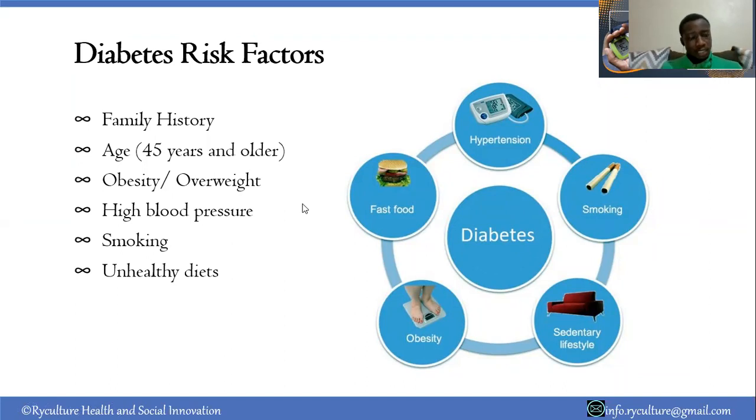Then another thing we have is age: elderly people. As I mentioned, the majority of people have the most prevalent type, diabetes type 2. Diabetes type 2 comes with the elderly, that is, being overweight, as deposition of fats increases as you grow up. So if you are 45 years and older, the chances of getting diabetes also increase with that age.